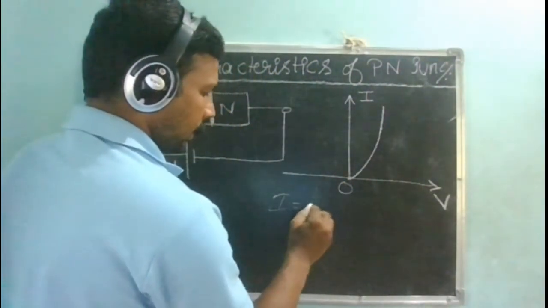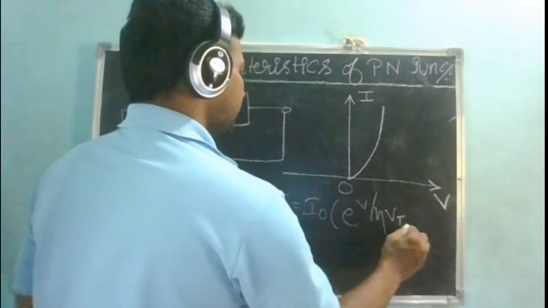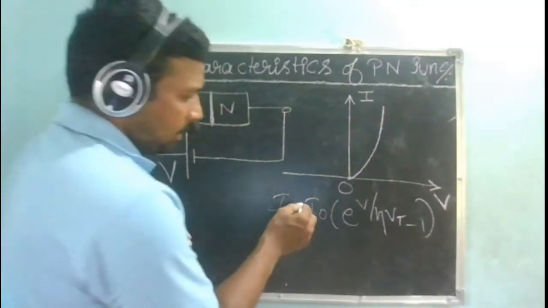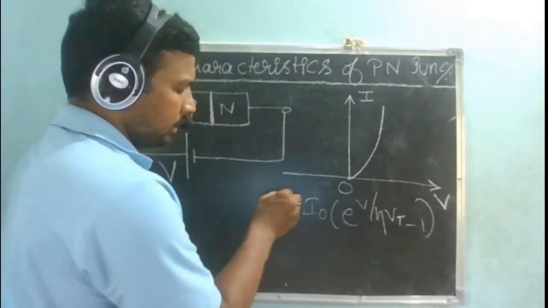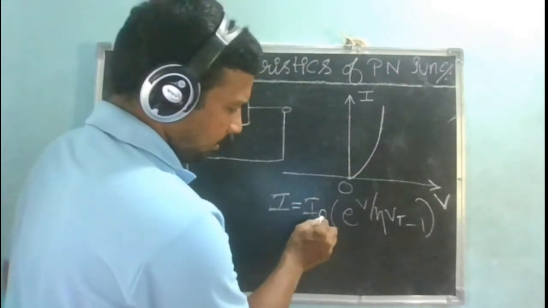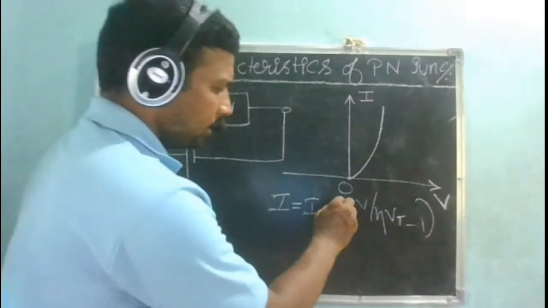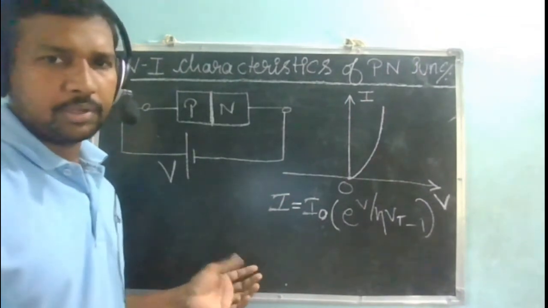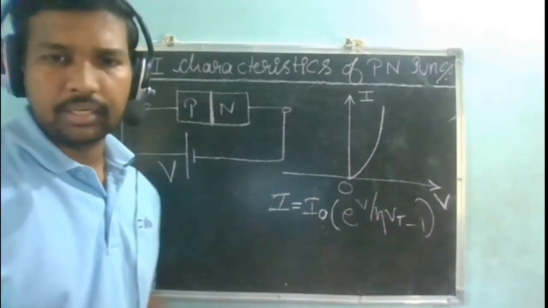Diode current is given by I naught into e power V by eta Vt minus 1. One unfortunate thing is most of the students were not able to tell this equation. When I used to ask questions in the viva voce regarding an EDC lab, maybe you are super seniors or EC students, very unfortunate, because they have forgotten it or have not learned it at all. But what is expected from an EC or an EEE student is at least the diode current equation.